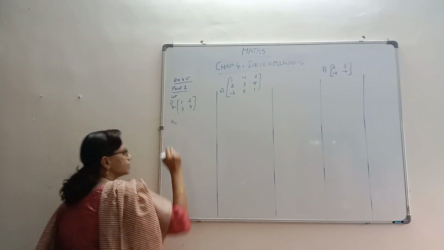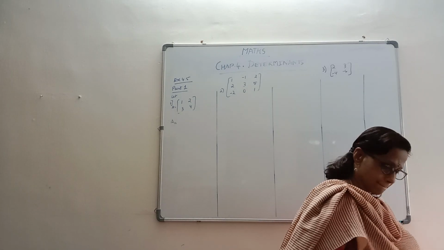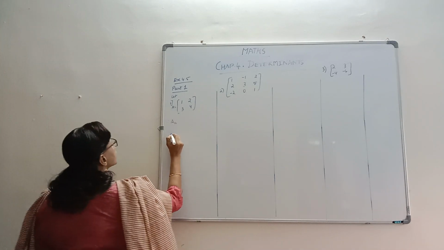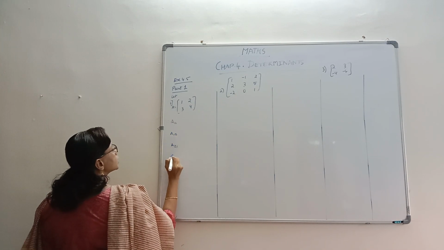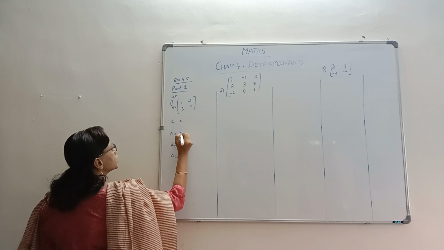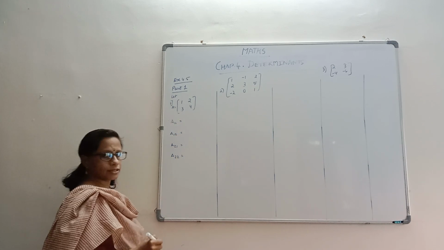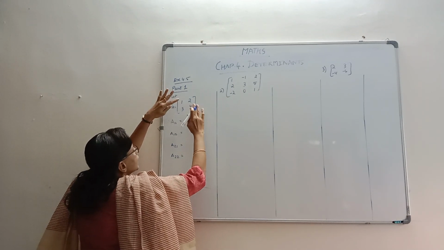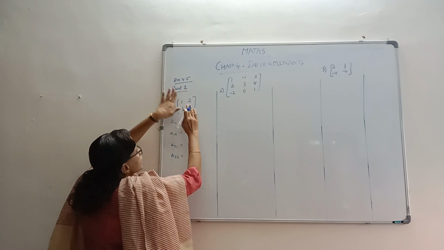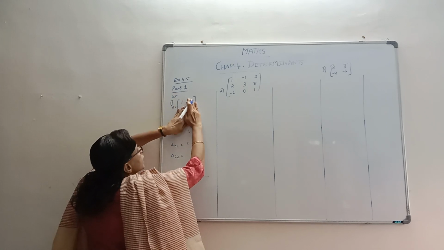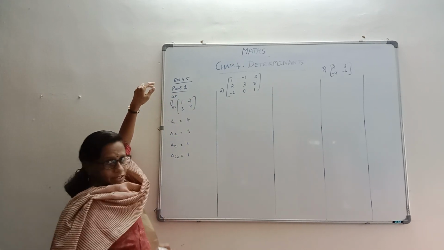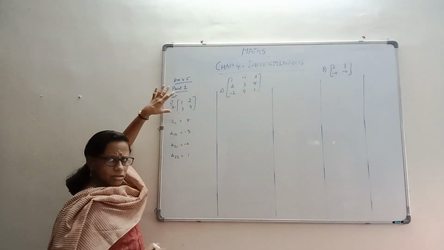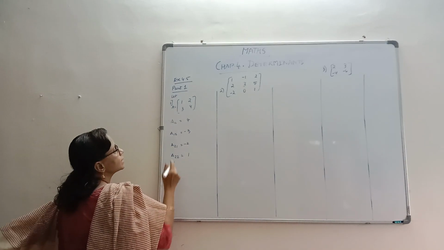A11, A12, A21, A22. First we will find the minors and then make them cofactors by looking at the sign. So A11, what is it? 4. Then A12, it's 3. A21, it's 2. A22, it's 1. Now let's give it the signs. This won't have a sign change, this will have a sign change, this will have a sign change. That's all. Yeah, cofactors.